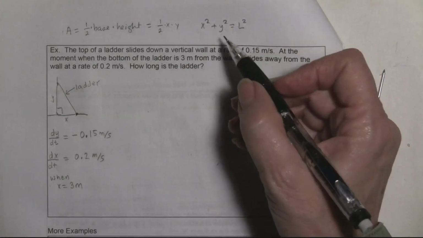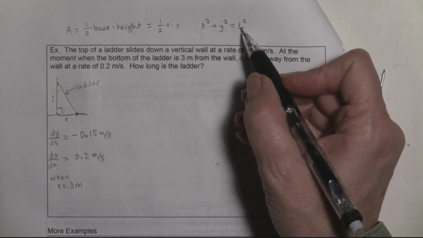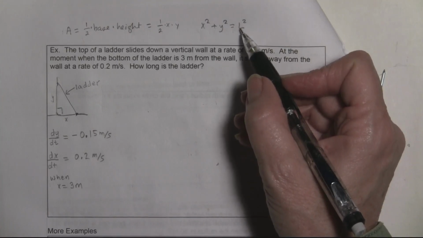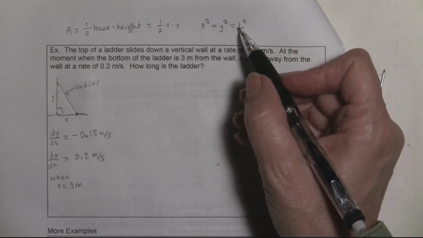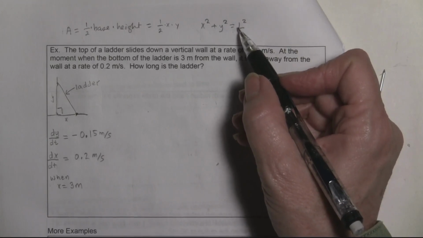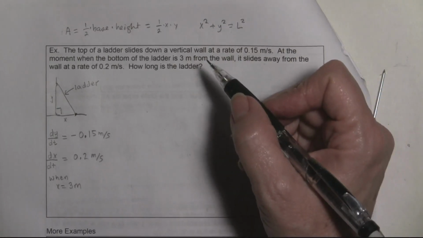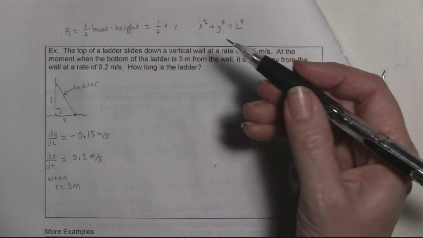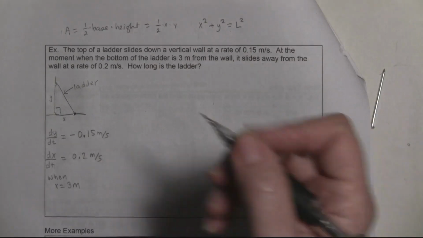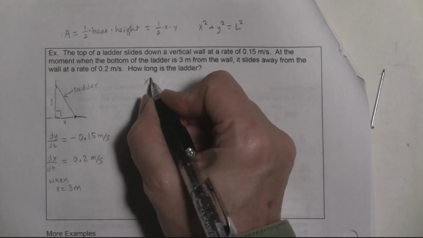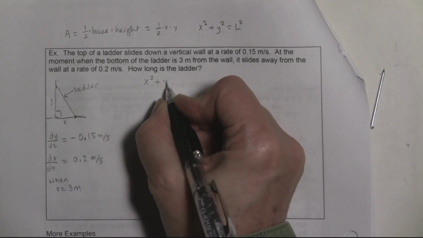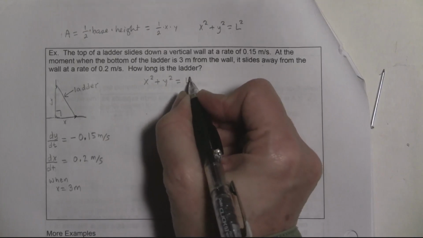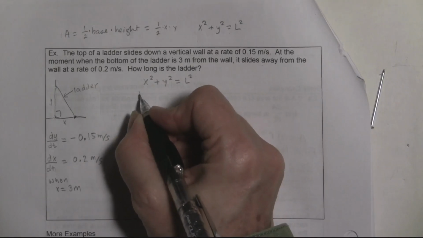So actually, when you take the derivative of L with respect to time, because L is a constant, it's zero. The derivative of it with respect to time is zero. So I'm not going to have dL/dt in my problem and have to worry about it. And so, good news. I think actually that this equation is going to be helpful. So I'm going to write it here to use. And then I'm going to take the derivative,